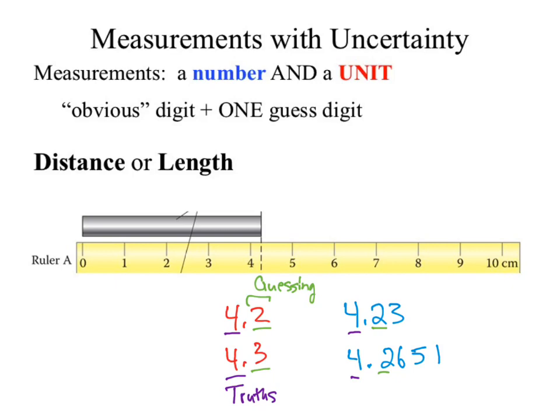Why do we know we're taking a guess? There's no indication between 4 and 5 of what smaller measurements might be. So you're really just guessing somewhere in between. You're able to approximate and say that's probably about halfway. So that dotted line, or where that silver rod is, is a little bit less than that. So we're eyeballing it at 4.2. Usually someone comes in and says, well, it's 4.25.